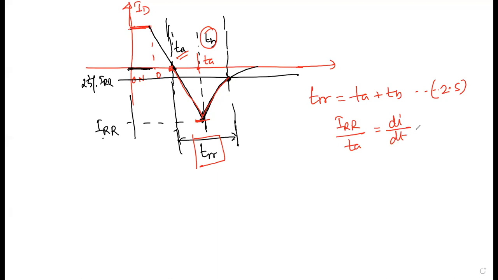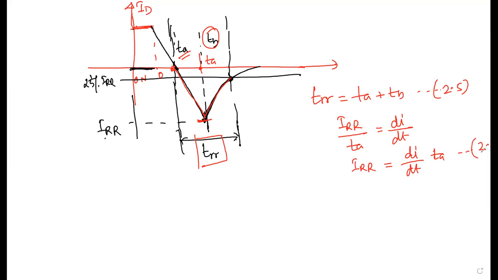is nothing but the di by dt. You got my point? Yes, sir. Y by x, dy by dx. That means the slope of the current. Then from that one, we can write IRR will be di by dt multiplied by TA. So that will be your 2.6. Okay, then